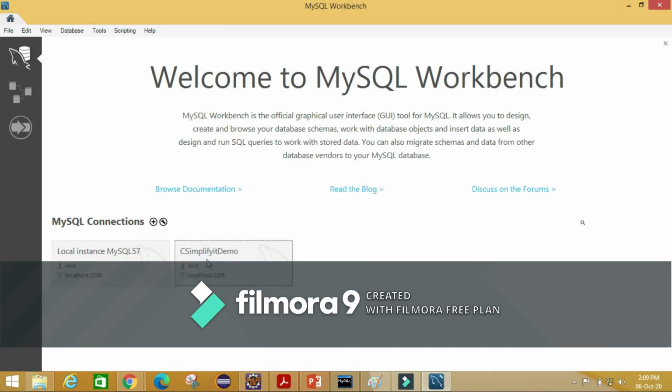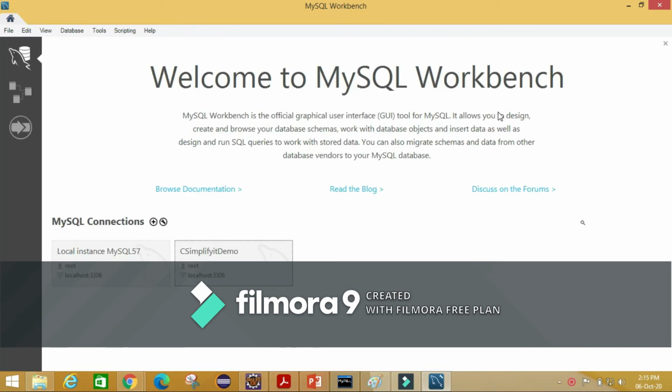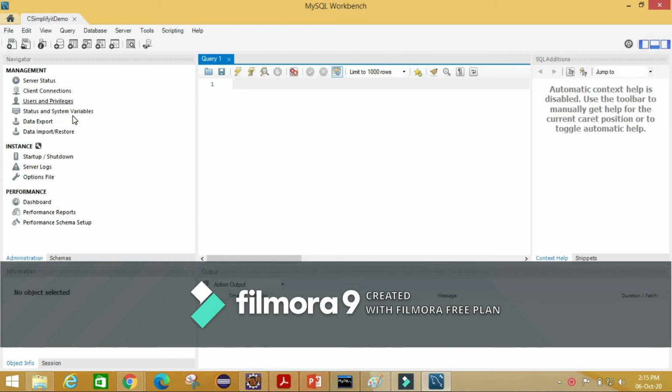So now double click on this, and you will see this screen. There are multiple panes. We have a navigator pane here. This is the navigator pane, this is the output pane, and this is the MySQL snippet pane.